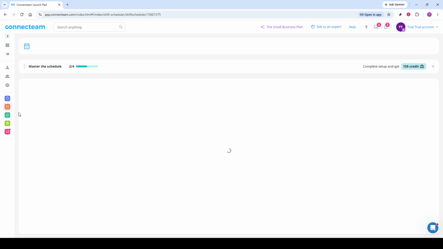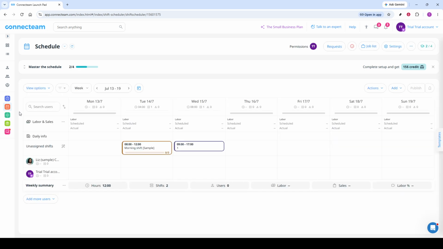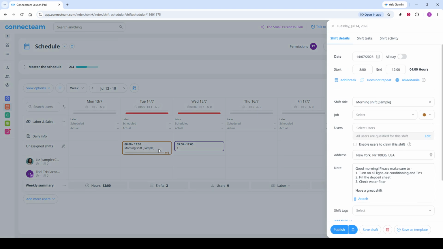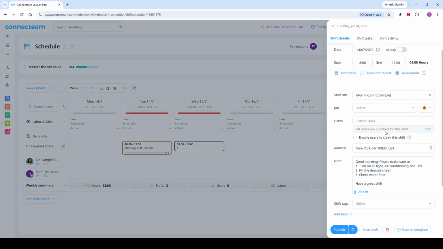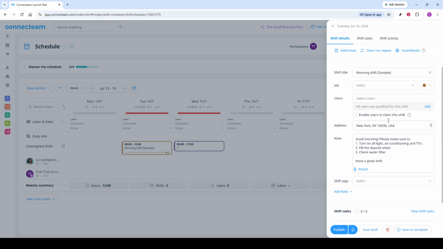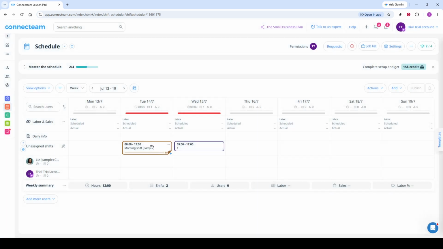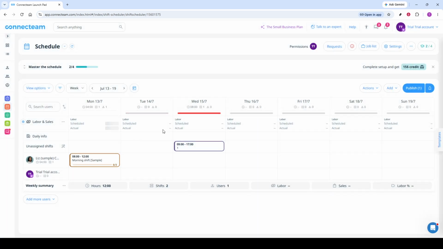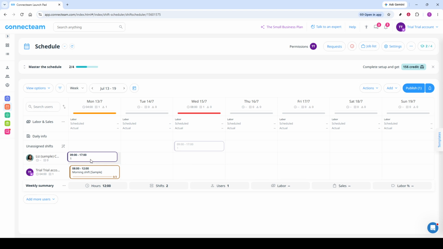From there, look for the option labeled Find Replacement. This feature is designed to help you request coverage directly through the app, instead of needing to contact everyone manually. When you tap it, Connecteam will show you a suggested list of qualified teammates. These suggestions are based on who is eligible to take that shift, which helps make the process faster and keeps scheduling more accurate. Choose the teammate you want to send the replacement request to, then submit the request through the